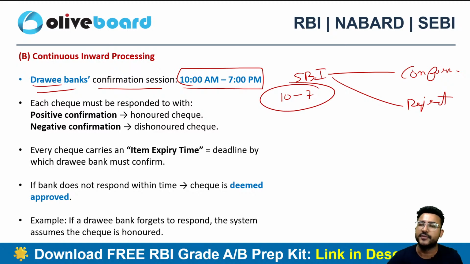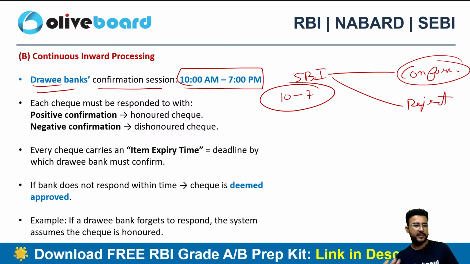In case of a positive confirmation, yes, all is well, then no problem at all. The check will be honored. The amount will be deducted from my bank account and deposited in Rahul's bank account. However, in case of a negative confirmation, the check will dishonor. Negative confirmation can happen due to n number of reasons. Maybe there is not enough balance. Maybe the signature is mismatching, or there is some kind of problem with the check, or there can be cases of overwriting as well, right? There can be n number of issues with the check.